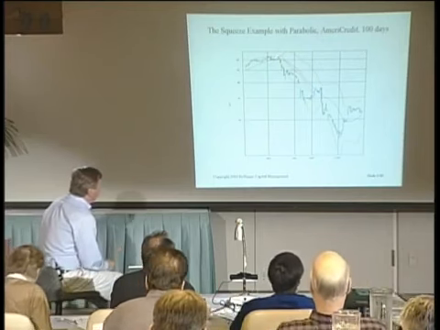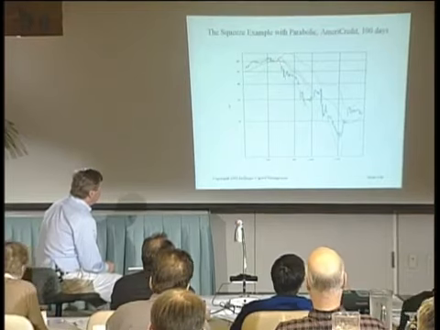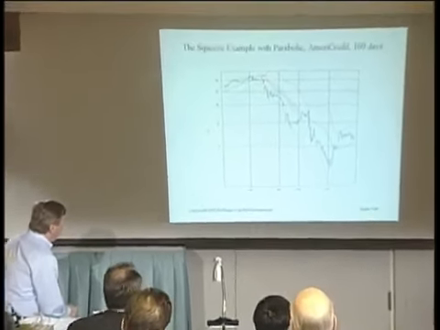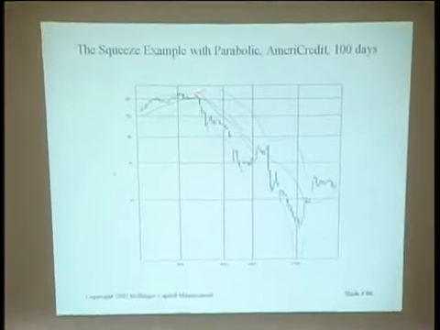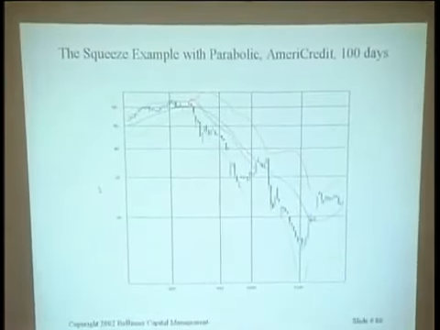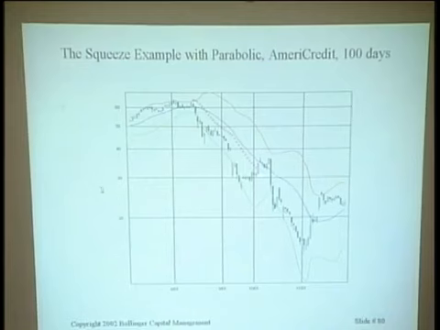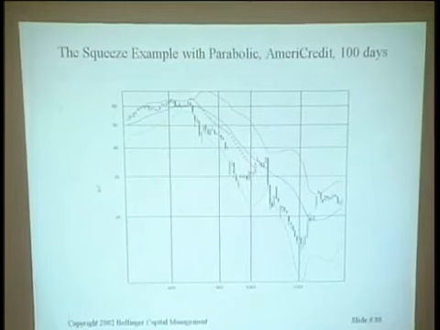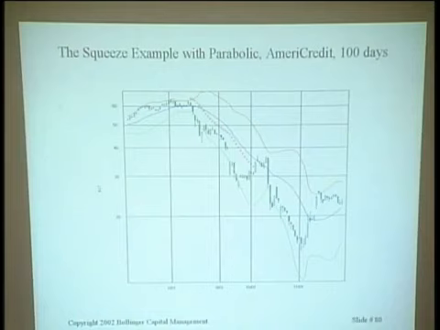Here's a squeeze example with the parabolic. Here's our entry day. I went back to the hip and started the parabolic, and it carries us down right into here. We get stopped out on this day here. Now, this is the problem that people have with stops on systems like this. They look at the rest of this move and say, gee, I wish I had gotten that too. Me, I look at this and say, my, how nice to have that.